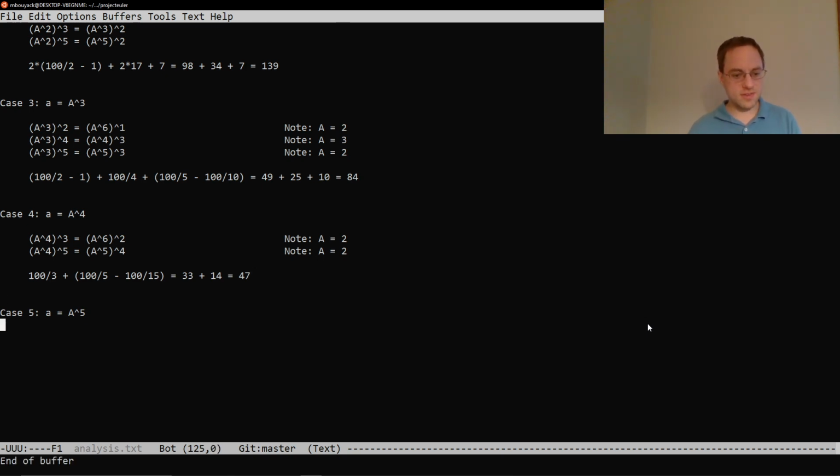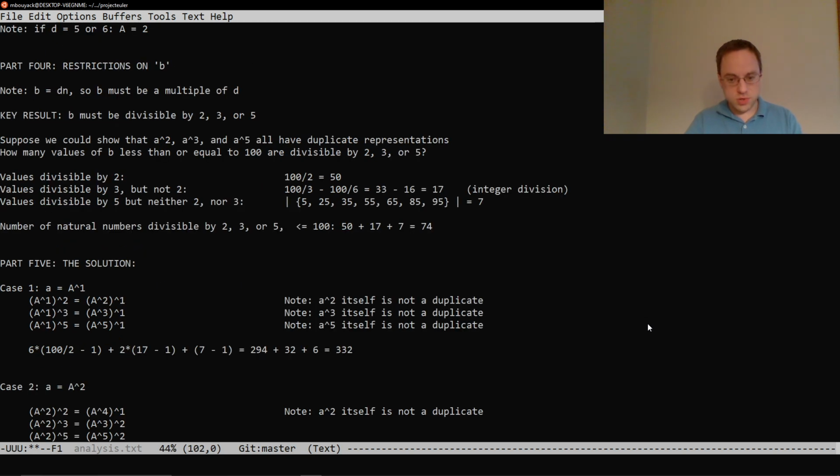Okay, and one final case, and this one is actually the easiest of them all because we have C is equal to 5, we know that D has to be equal to 6, and so that just gives us a to the 5th to the 6th is equal to a to the 6th to the 5th. And that's just going to be 100 divided by 6 is equal to 16. And so our total here is going to be